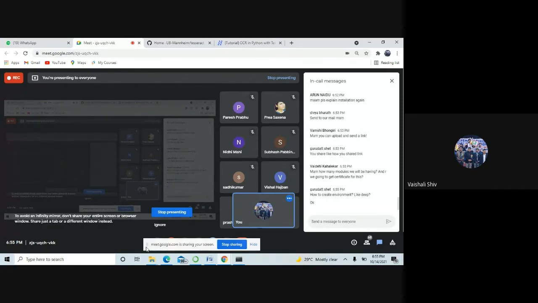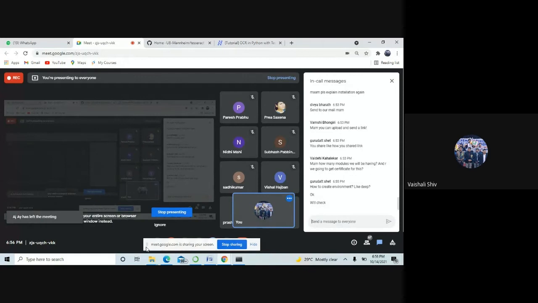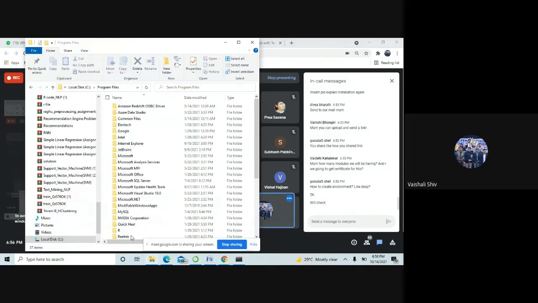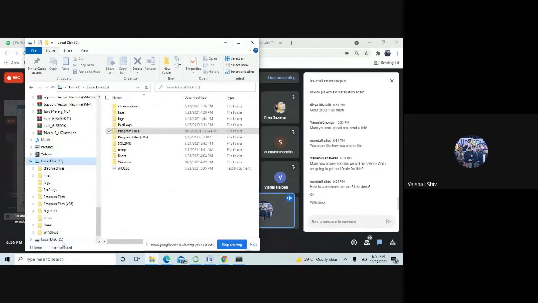If you explore now, you can easily find how to create an environment, in the Anaconda prompt you can do that. Once we make a WhatsApp group, I will share how to create an environment and all those things.